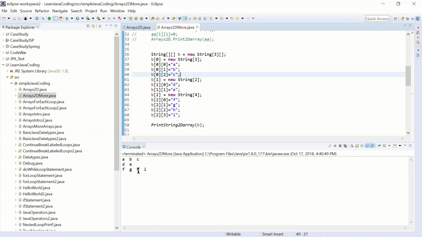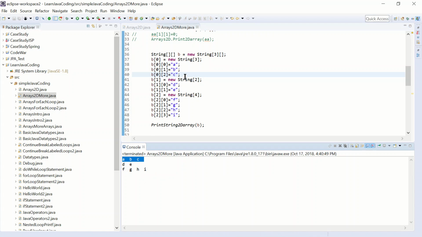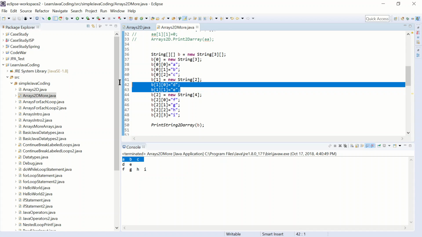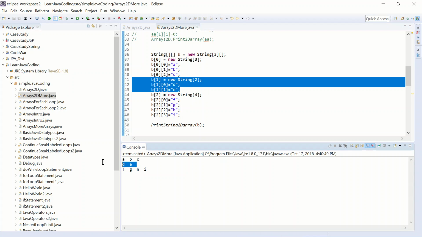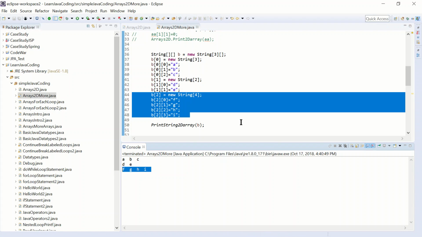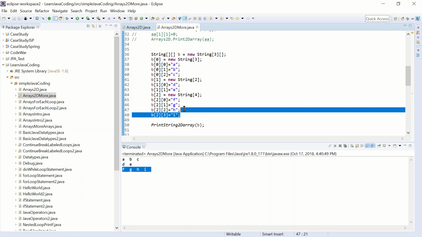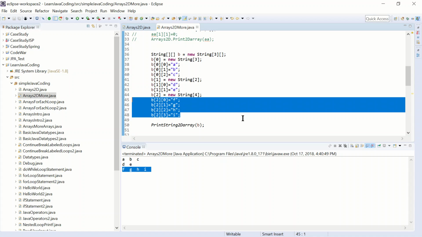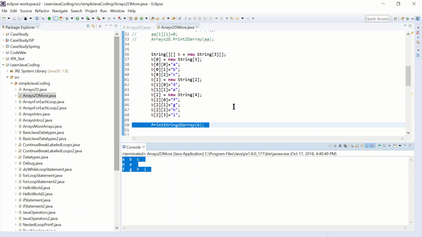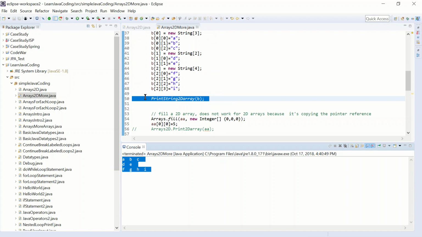And there it is. The first row has 3 columns, A, B, C. The second row has 2 columns, D, E. And the last row has 4 columns. This is where I load the values in, F, G, H, I. The next statement here is just to print the whole array out. Alright,